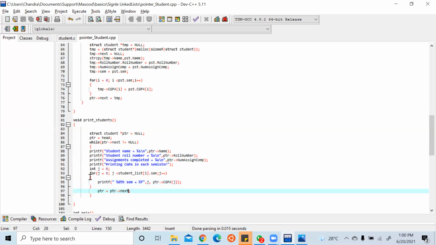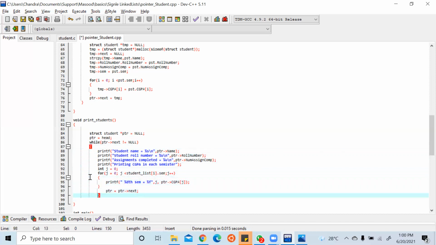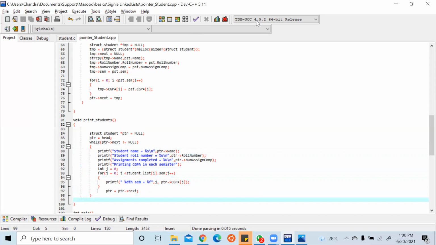And finally, I'm going to the next element. Let's assign this properly. Format it. I hope this will work.